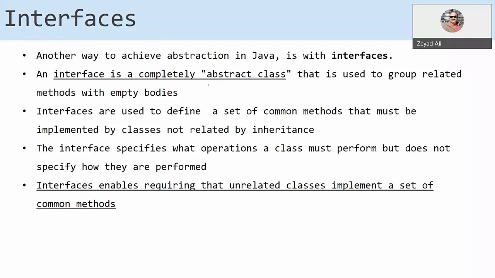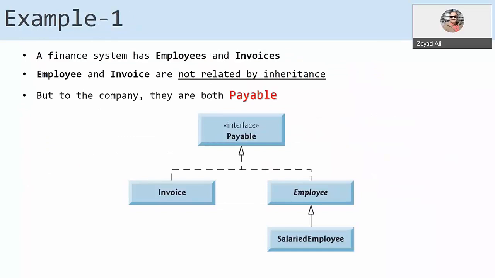The difference between abstract class and interface, the first difference is that in an interface, all the methods are abstract. Or we don't call them abstract, they are empty. You must implement them. But in the abstract classes, maybe you have 10 methods. 6 of them are abstract, 4 of them are not. So any subclass must only implement the abstract methods of the superclass. But for interface, all the methods are abstract. Another very important difference between interfaces and abstract classes.